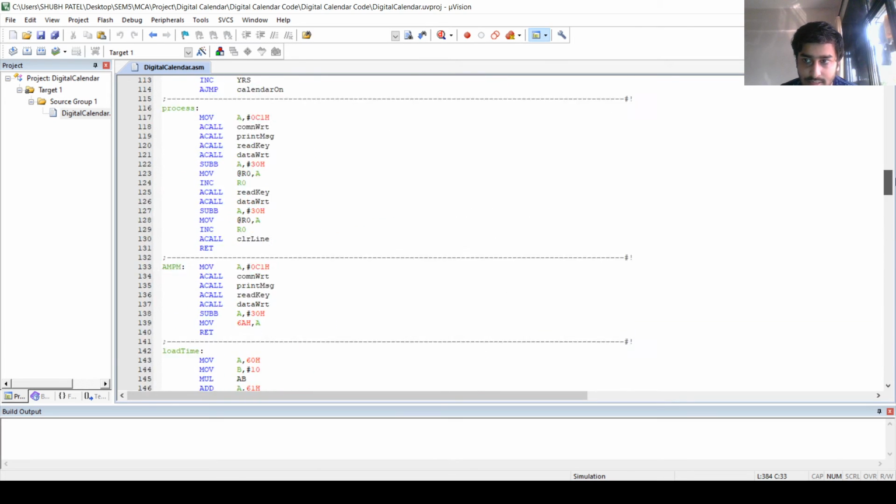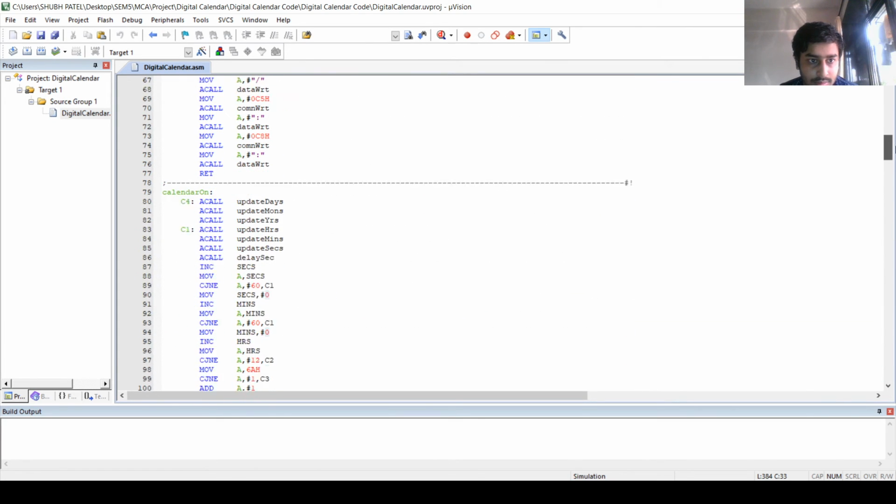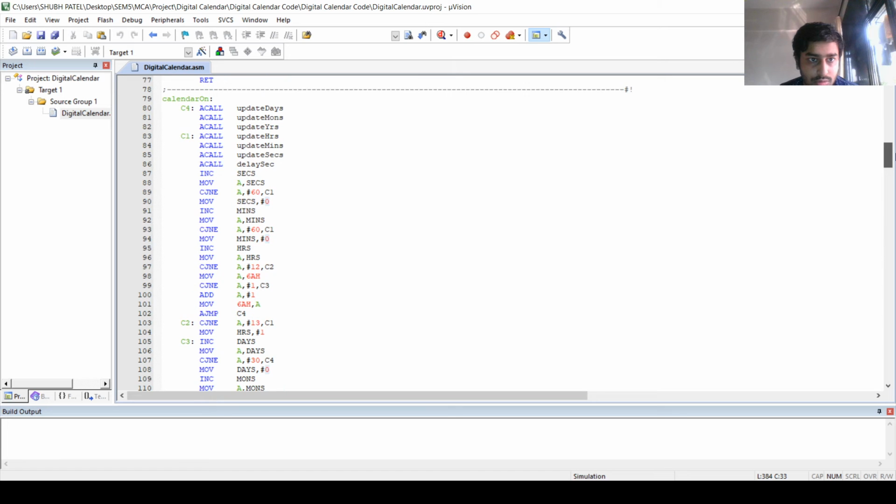Now let's see the main program. I have used a call function for producing a delay of 1 second, and after every 1 second the seconds will be updated. As you can see, when seconds reach a count of 60, it will be reset and the minutes will be incremented by 1.